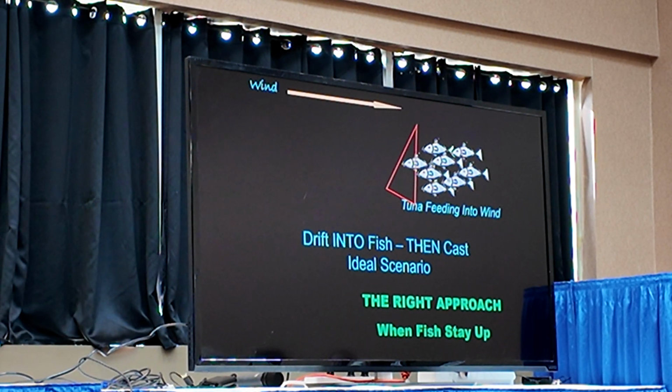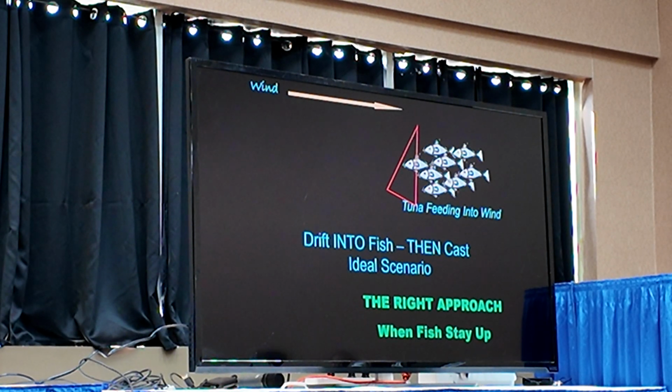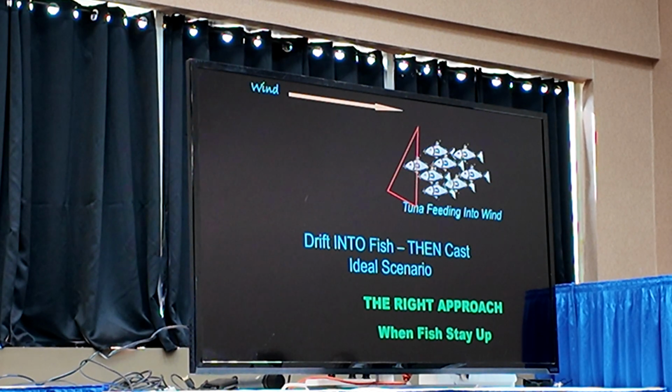Now, this is where that captain thing comes into play. Like if we're looking at the boat like that, you're thinking, okay, all my guys are lefties on the boat. So what are you gonna do? It depends on the situation. For me,